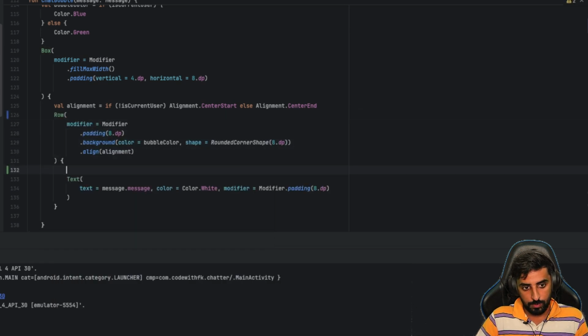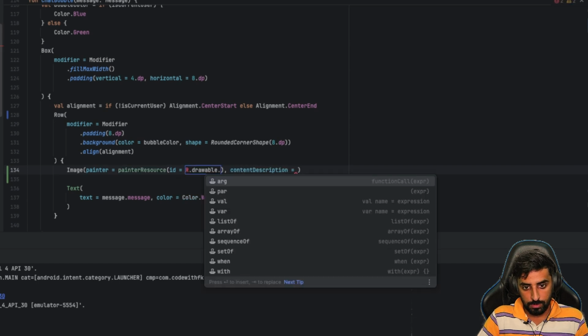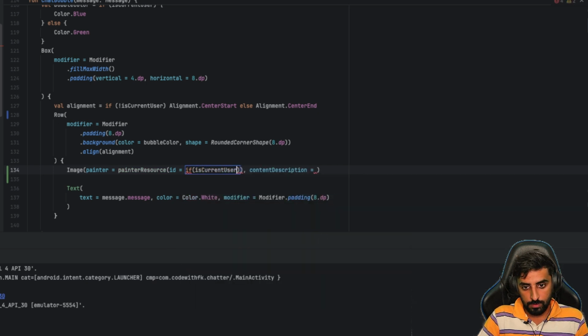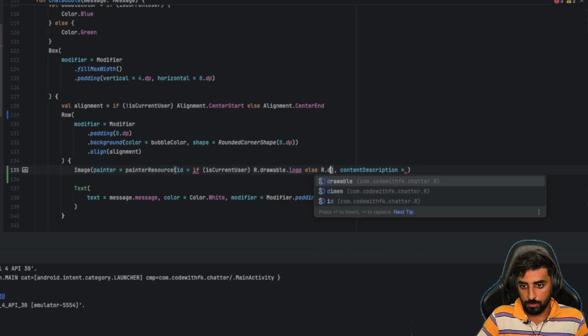The reason for raw is that we would like an image section over here, and that is going to be a painter resource. Let's just say R.drawable. If it is the current user, then we need to add a very... else. We need to import R and R.drawable, and for now let's just keep logo. And for the else part, I'll use the